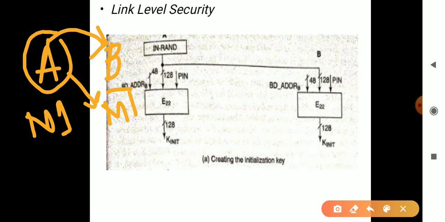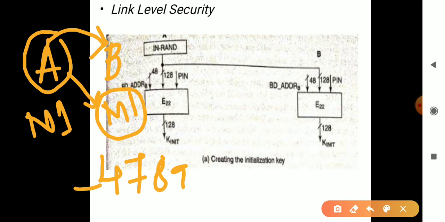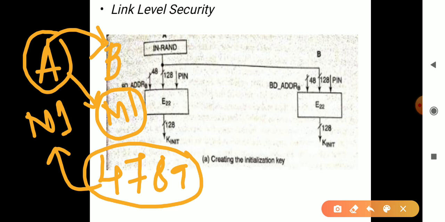When B identifies that A wants to transfer a file, it generates a PIN number. Let me assume the PIN number is 4789, and this number is sent to A. Once A enters this number, that means he is an authorized user, and the link is established between A and B.